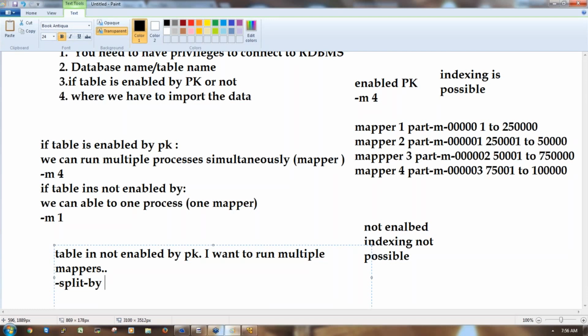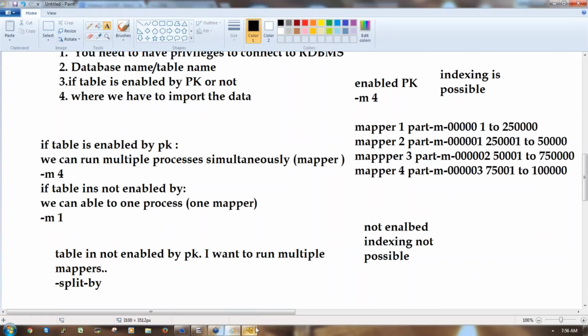Second, if the table is enabled by the primary key, we can run multiple mappers. Third, even if the table is not enabled by the primary key, we can run multiple mappers using the split-by parameter. Try to remember these three important points.